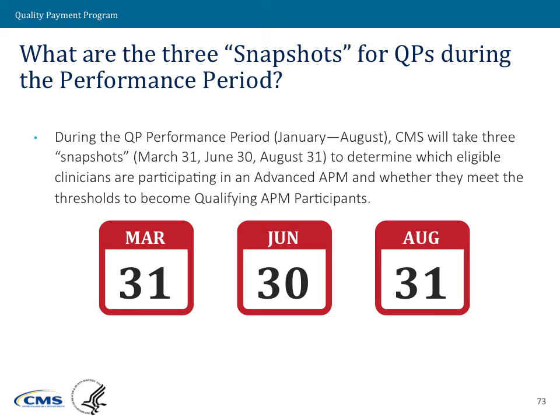And everybody who is on the list on March 31st will still be considered part of the group, but anybody who has additionally joined since then could also be considered part of the group. So it's additive. So then on August 31st, we'll do that one more time. So that's the end of the QP performance period, and we'll take one more snapshot, and everybody who is there who is not in the previous snapshots would be included in that group. So by August 31st, we have that total group of everybody who is in at any point, any one of those 3 points in time.